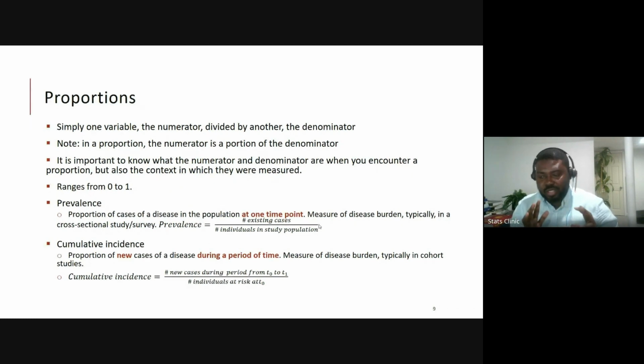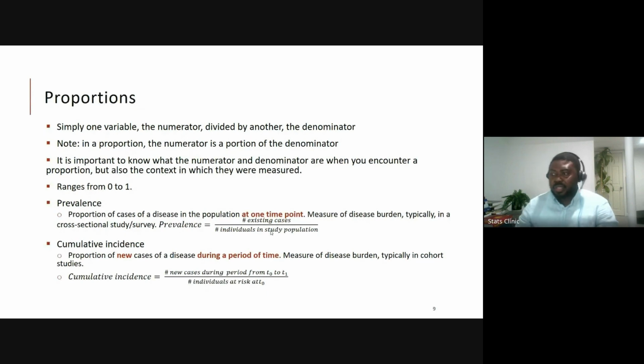At the beginning, we said that there are 300 people in the population. So for prevalence, that is 300, we'll go here. 100 already had obesity by 2022, and 50 now have obesity in 2023. So the prevalence here will be existing cases of 100 plus 50, 150 over 300.